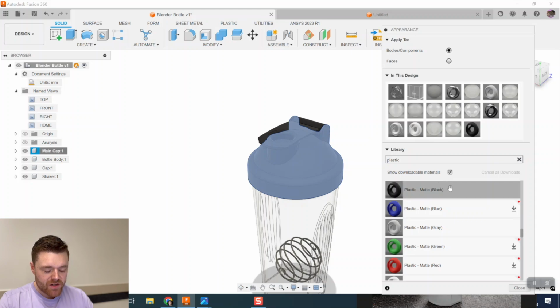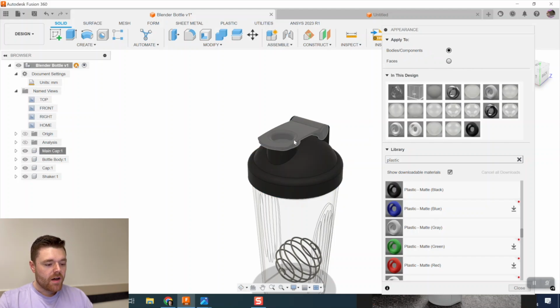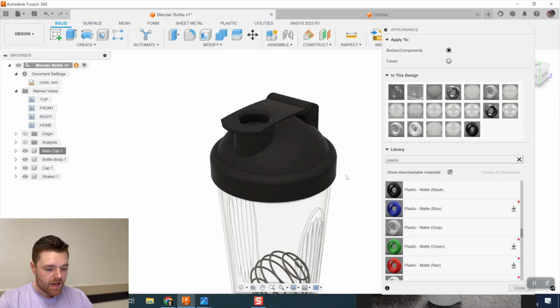Plastic matte black is what I used. So if it's not already downloaded, you can left click on download. It'll download really quick, and then we just left click and drag it and ensure that it says bodies components, and we're all set. We'll do the same for this lid, and we also want to do the same for